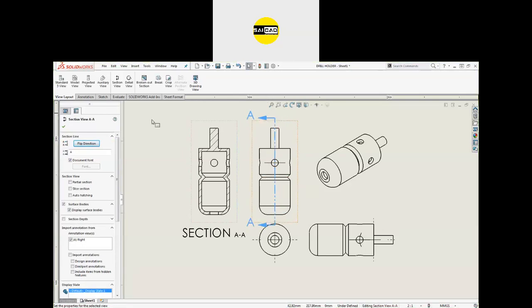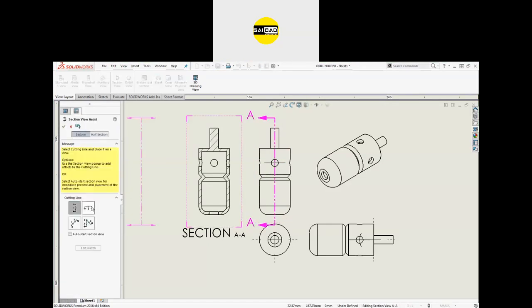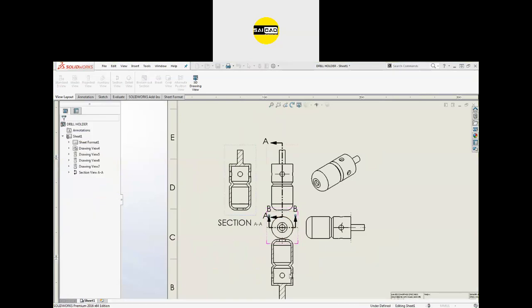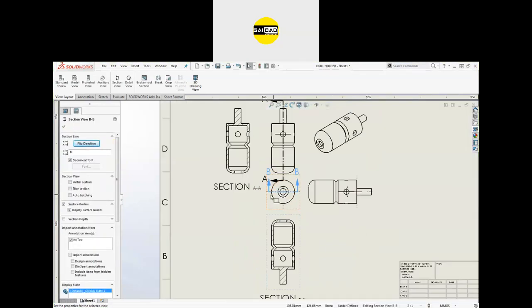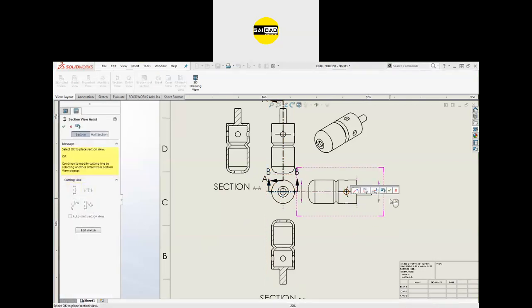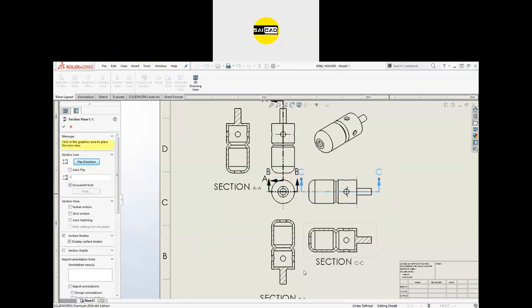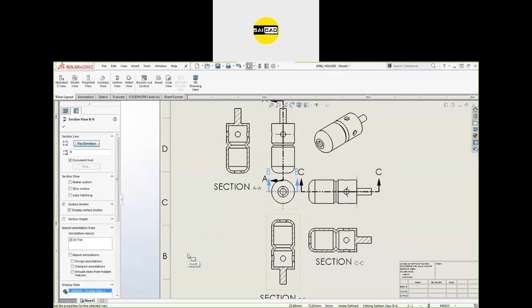If you want to create the section in the horizontal view, go to the section, select the horizontal, select the object where you want to create, click OK, and here you got the horizontal view. Cut is similar, just upside or downside. You can cut this one also: select this one, click OK, and here we got the view also. So it's just a different location, and the cut can be created also.